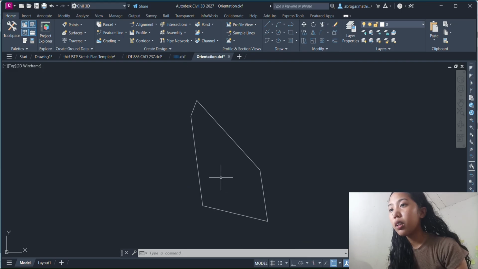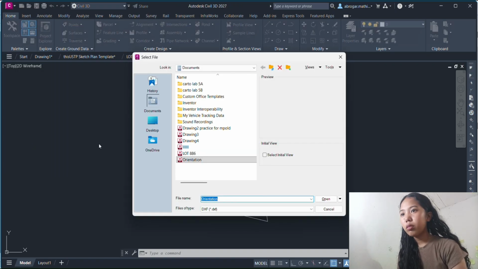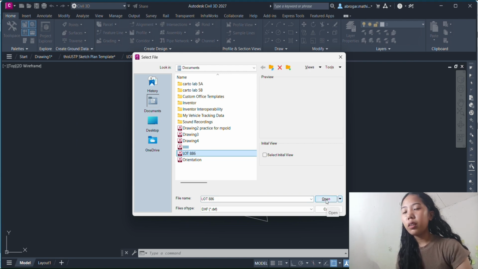So this is the computed latitude and longitude. Then refresh, okay. Then go to file. Select Google Maps satellite image.